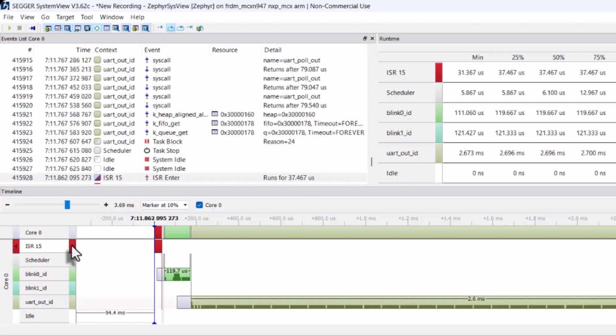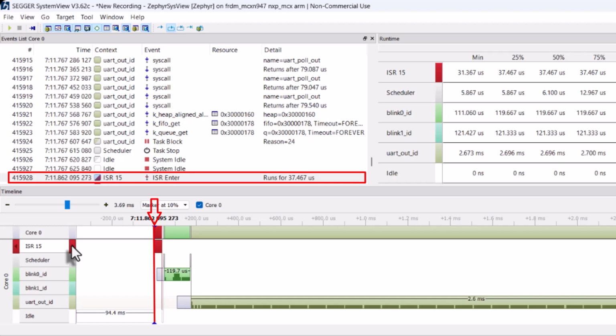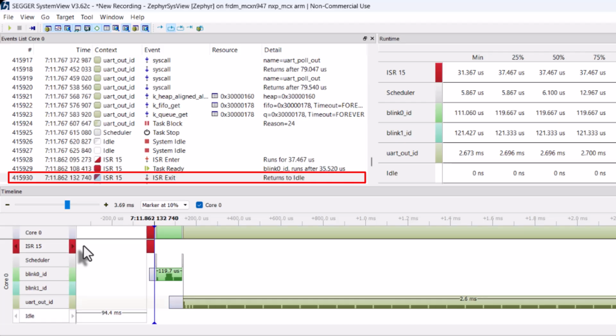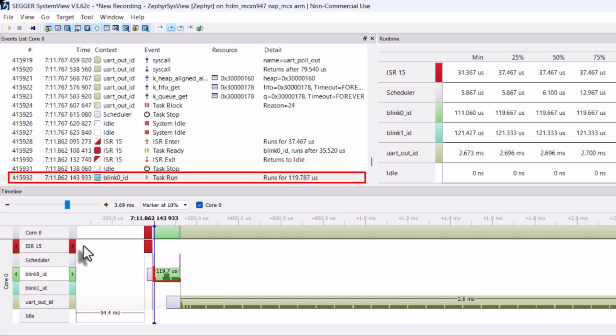decisions. We can see such a wake-up event right here. The SysTick interrupt is firing, interrupting the idle thread. We can see the reason for this. The blink 0 thread is ready to run again, presumably because its timeout has expired. We can use the arrow down key to look at the events that happen next. After the SysTick interrupt exits, the idle thread gets suspended, and the scheduler runs the blink 0 thread, making it